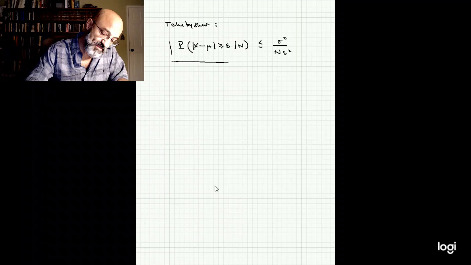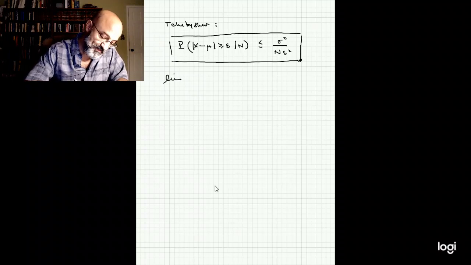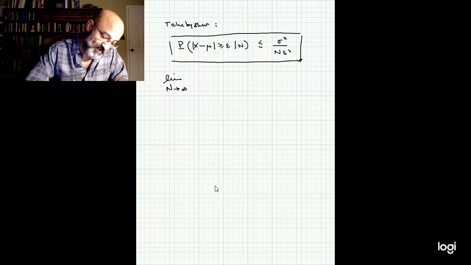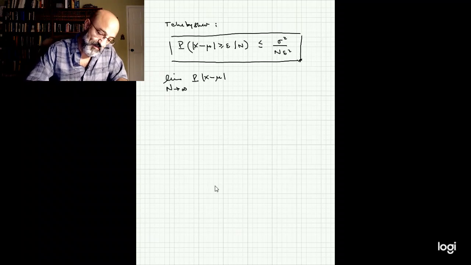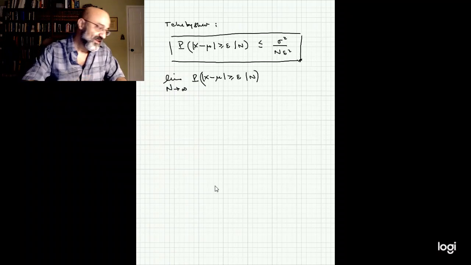So this is something that has nothing to do now with the binomial distribution, but it's still nevertheless true that the limit as n goes to infinity of the probability that x differs from mu by a quantity bigger than epsilon is 0,